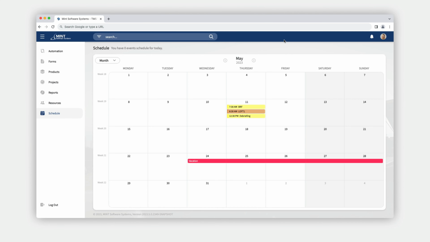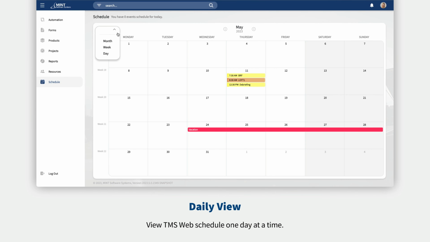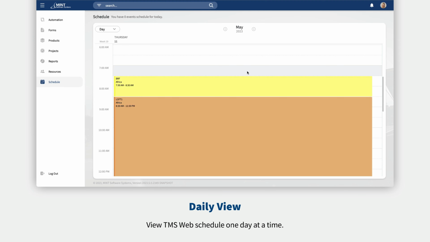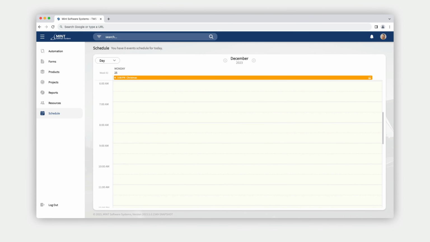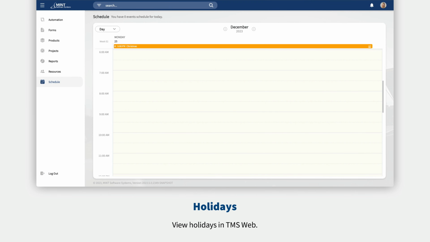For our next few features, let's visit TMS Web. We added a daily view option along with the monthly and weekly view. This new view will allow users to focus on a single day's events. To improve the TMS web schedule and the user's ability to plan around certain events, we added holidays to the